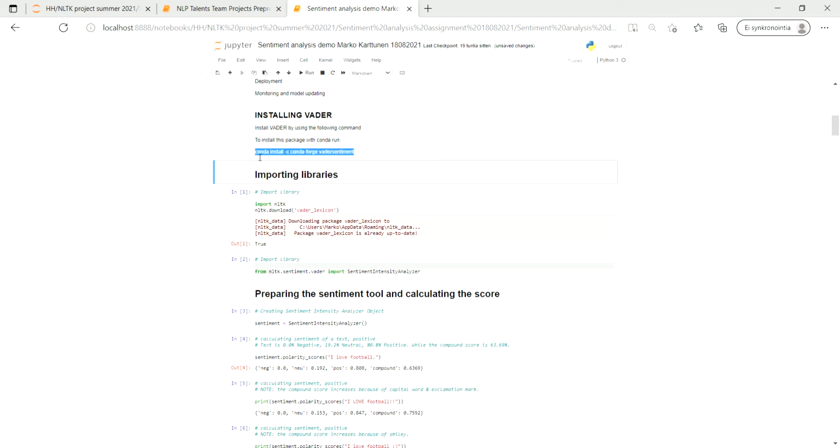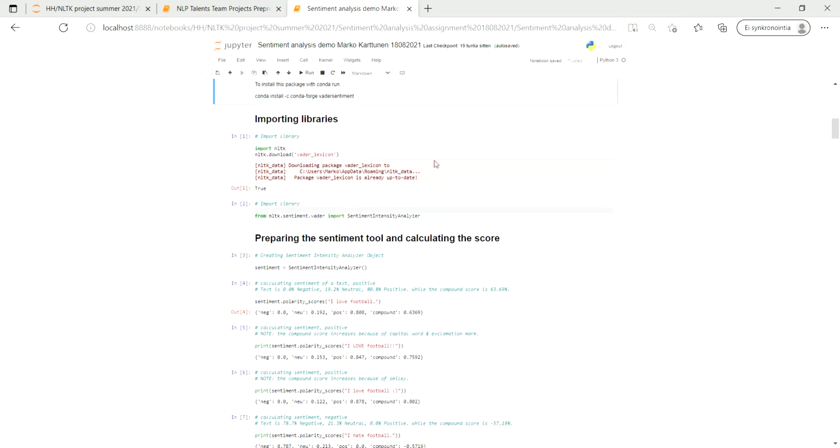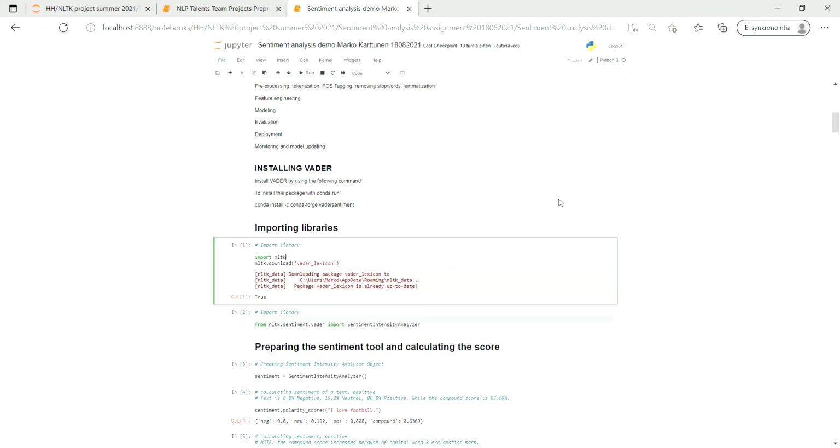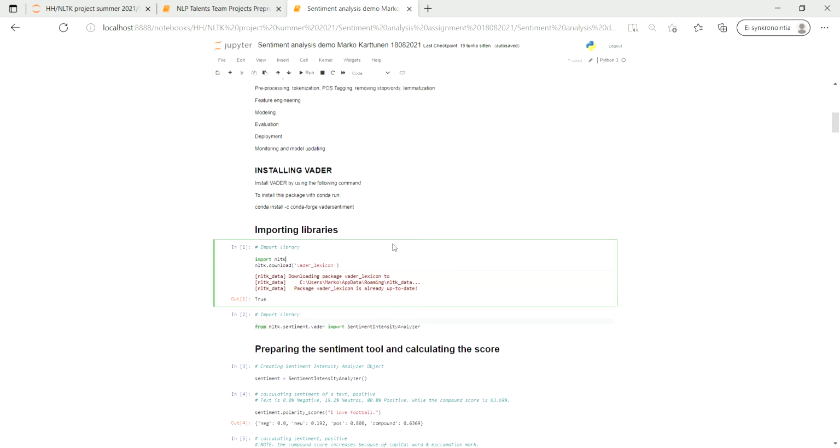I personally use an Anaconda environment, so you have to install the package using this command. So then it's being installed. And then when you have installed the package, you have to import